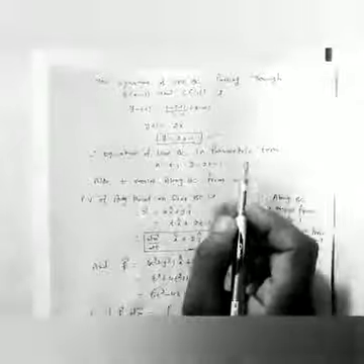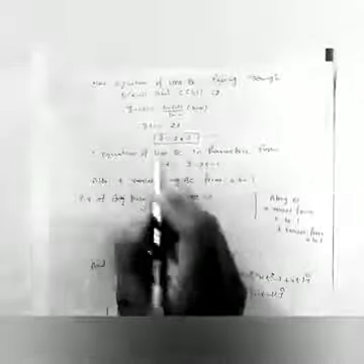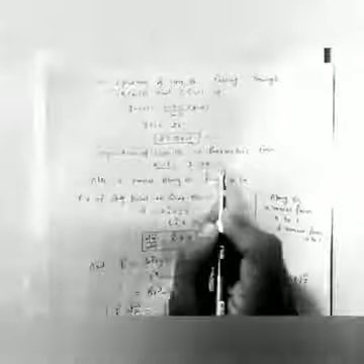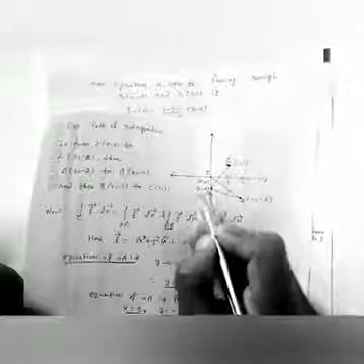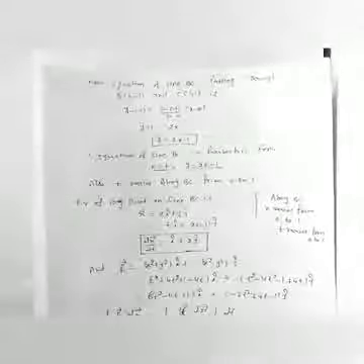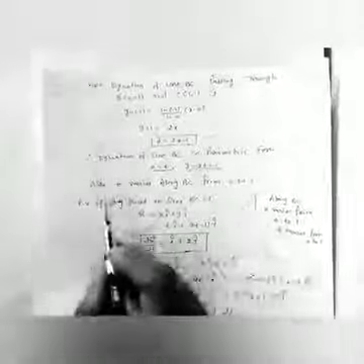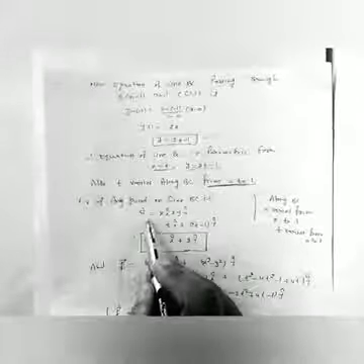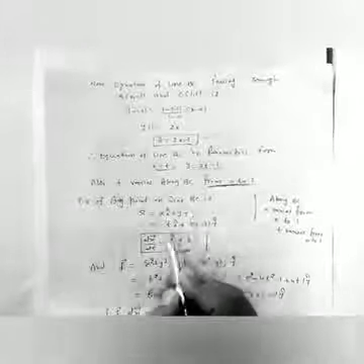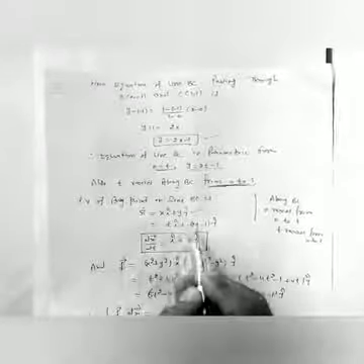Now we convert that line BC to parametric form. For parametric form, let x be equal to t and y equal to 2t minus 1. Along the line B to C, x varies from 0 to 1, so therefore t also varies from 0 to 1. The position vector of any point on line BC is r vector = x i + y j. Putting the value of x and y in terms of t, we calculate dr by dt.